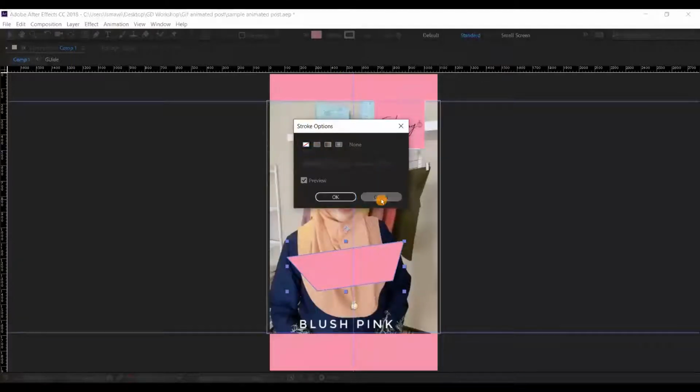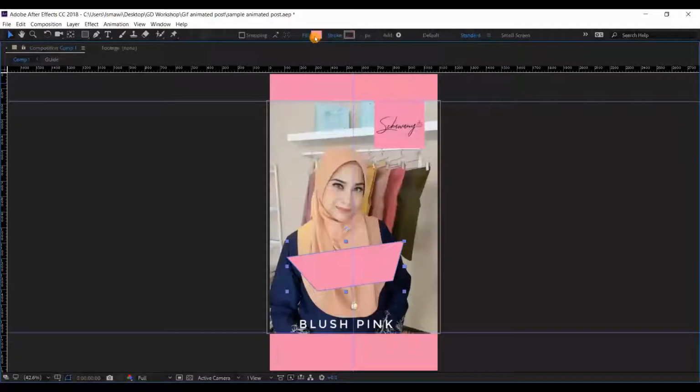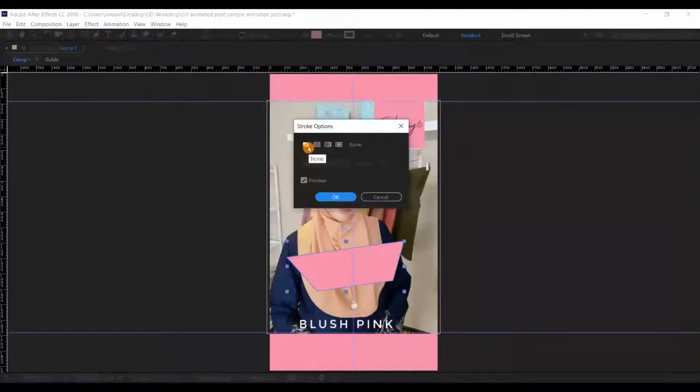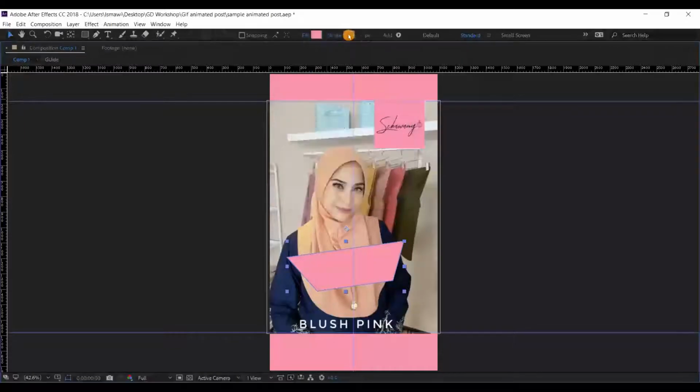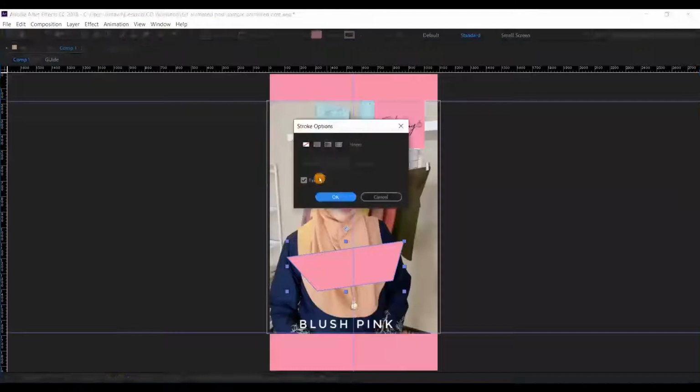Okay, for this tutorial, we're going to focus only on the fill, and for the stroke we are going to choose no color. By default, both of these will have a color. So make sure you click on your stroke and choose no color.